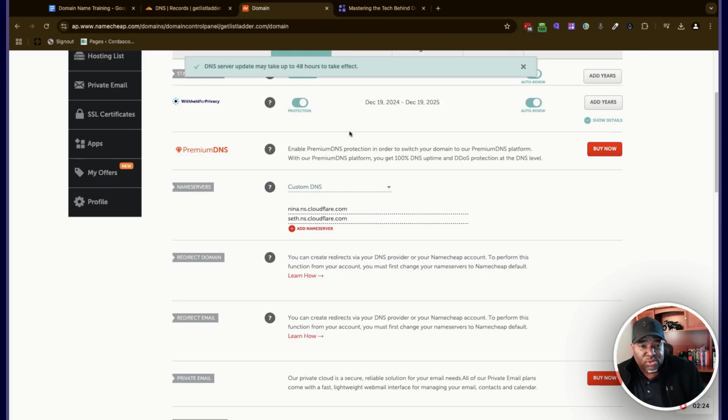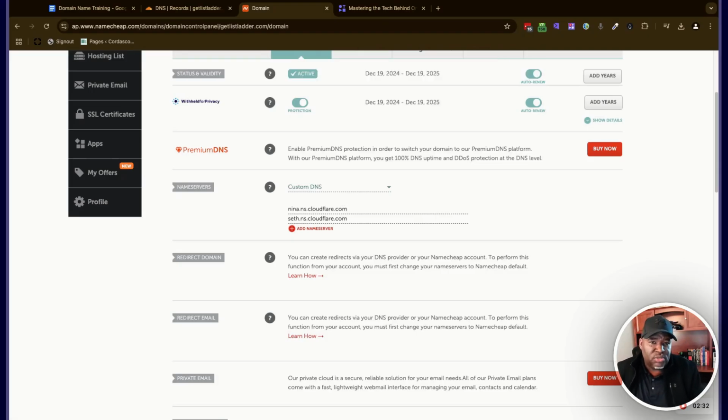And what that will allow you to do, this is when changes are being made. Once you update the name servers, in a few minutes we'll be using the DNS settings inside of Cloudflare instead of your domain registrar. And so that is how you update the name servers inside your registrar. And in this example, we used Cloudflare.